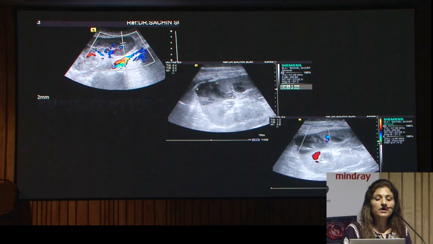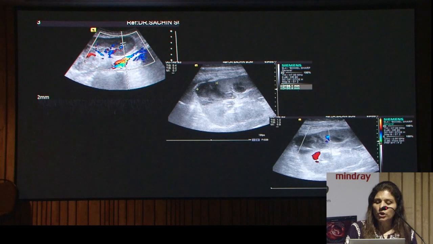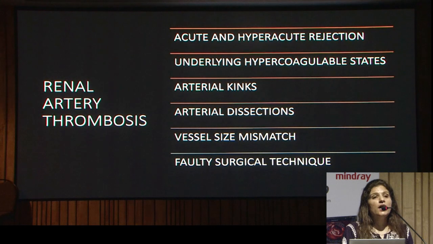This is a segmental renal artery thrombosis, a wedge-shaped area. The other parts of the kidney are showing color pickup, but when we are putting a color box over this area, there is no color pickup in this area. This was a segmental renal infarct. Usually that is not very important, but picking up acute renal artery thrombosis is very important because this is a